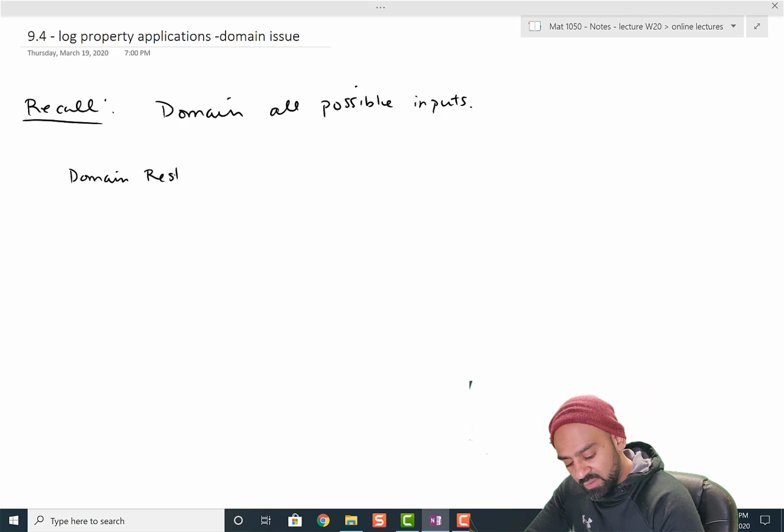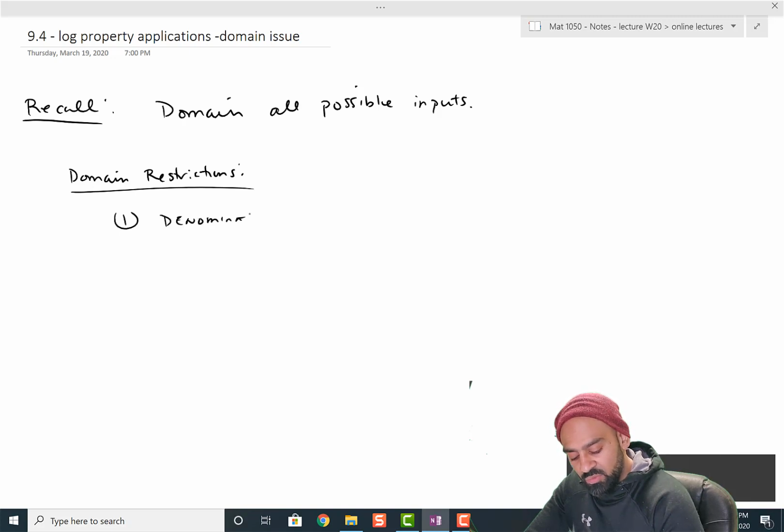And then in the past, these restrictions, one was if we had a denominator. And if you notice, there are similar themes all throughout,